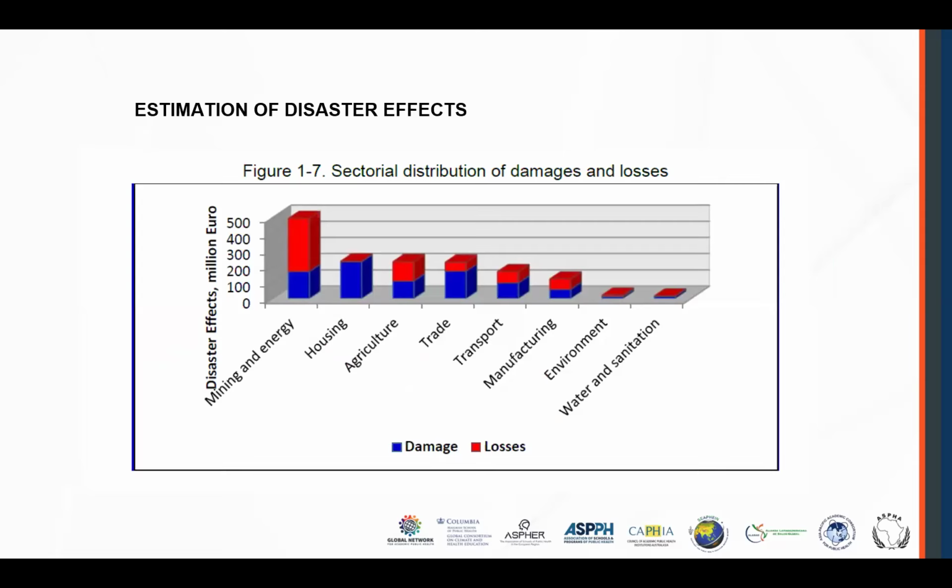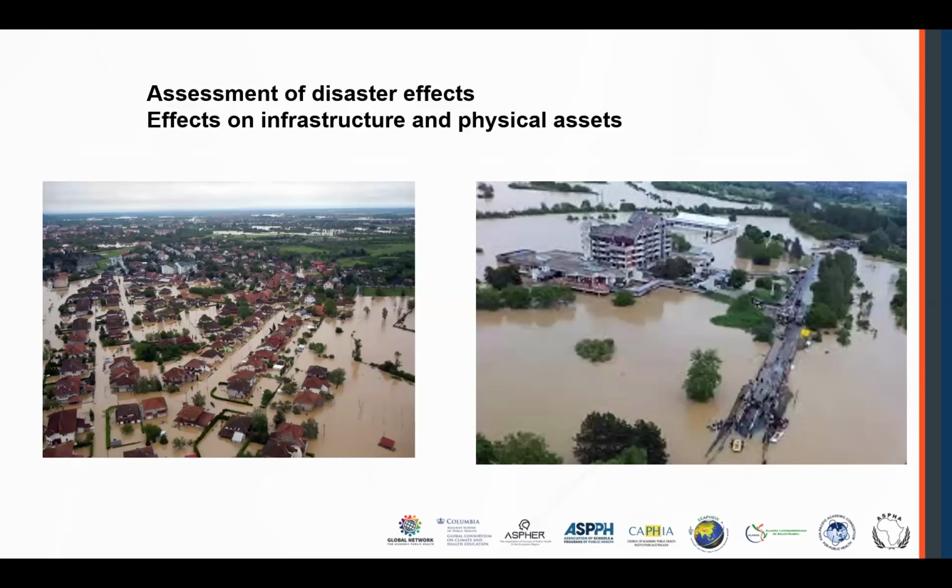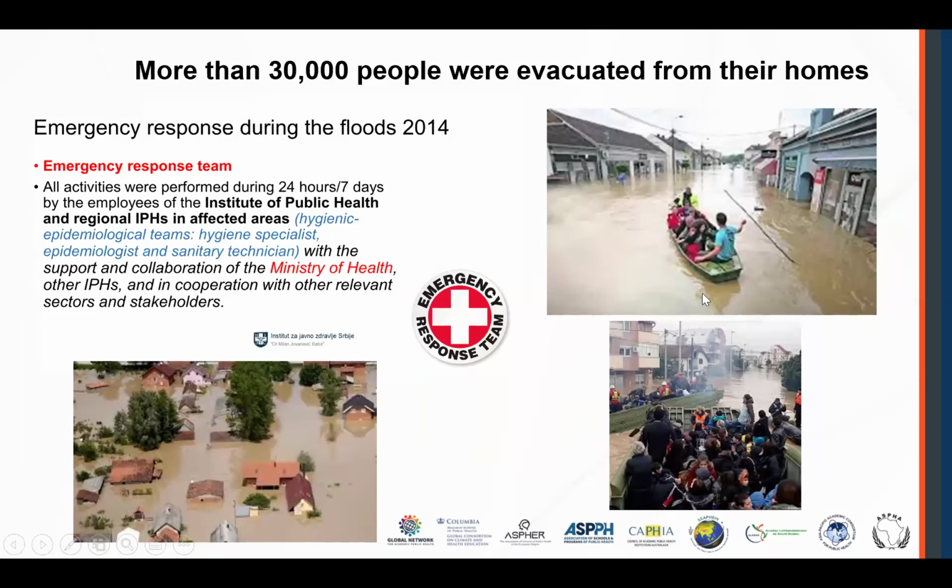And estimation of disaster effects, we can see sectorial distribution of damages and losses, and we can see that mining and energy were extremely high, not only in damage, but also in losses, and assessment of disaster effects in infrastructure and physical assets was very high. Also, emergency response team was active